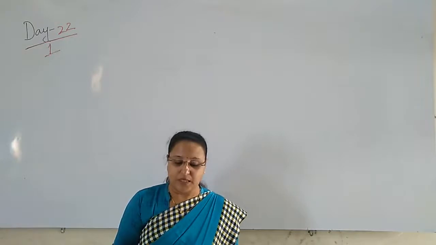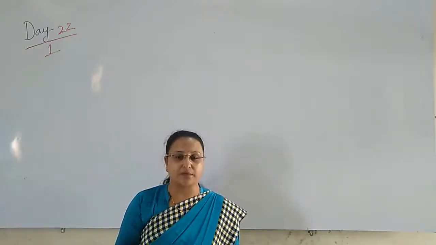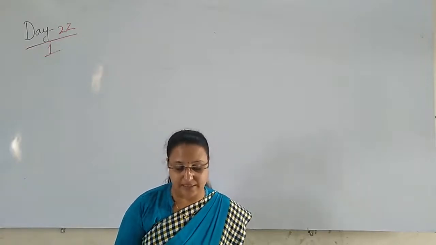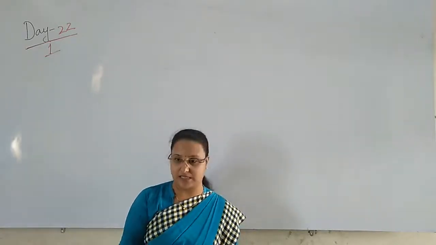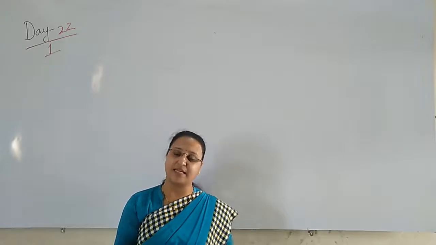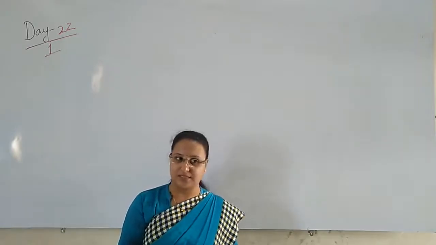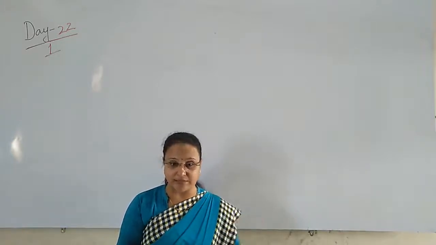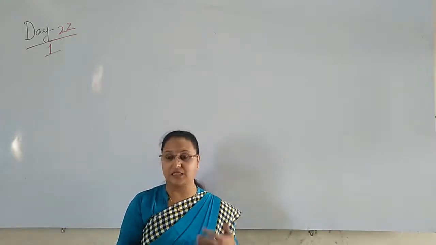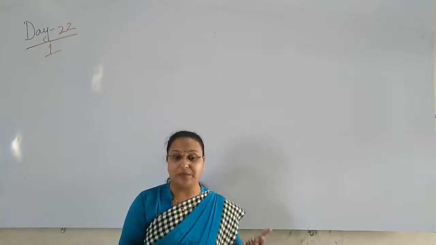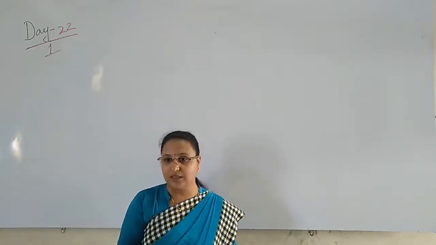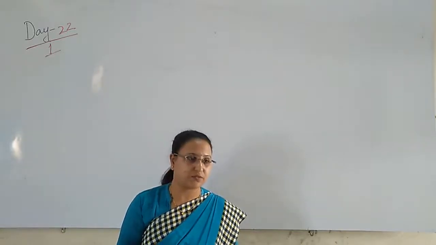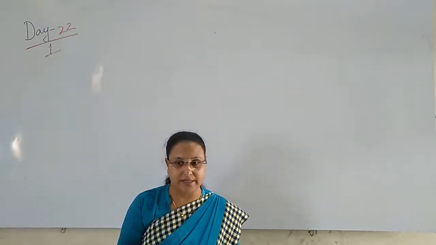Today we are going to start the new topic in grammar related to this and that, that is these and those. When the things are in the singular, we use this and that. But when the things are more than one, when the places are more than one, when the people are more than one, then we use these and those. What do we use there? These and those.